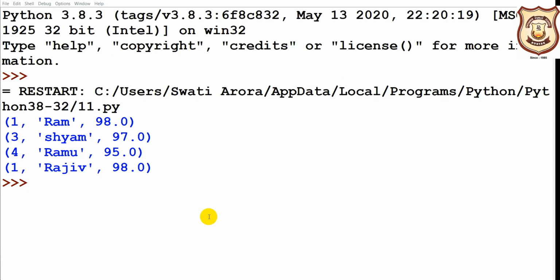So there we end our session for today. Do practice this practical, because we have to prepare this practically in our practical file also, working with the SQL statements and making connectivity with Python. Thank you so much.